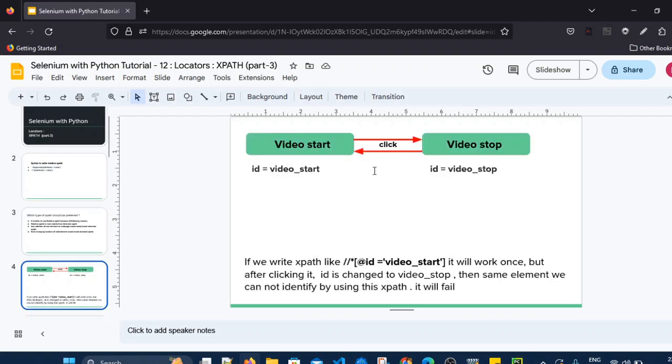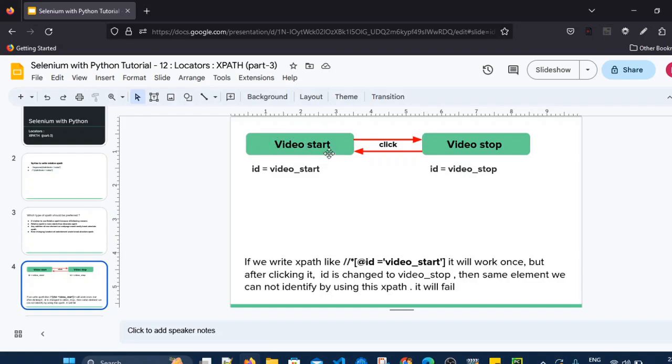Now let's take one scenario. Let's say on my web page there is one button which has video_start as its ID. This button is used to start the video, and as soon as I click it, the ID of that same element changes to video_stop.